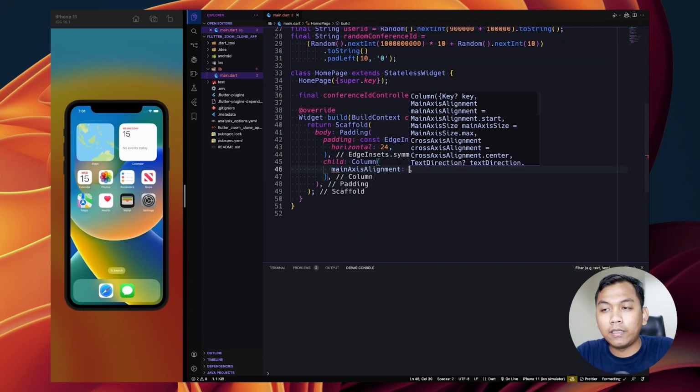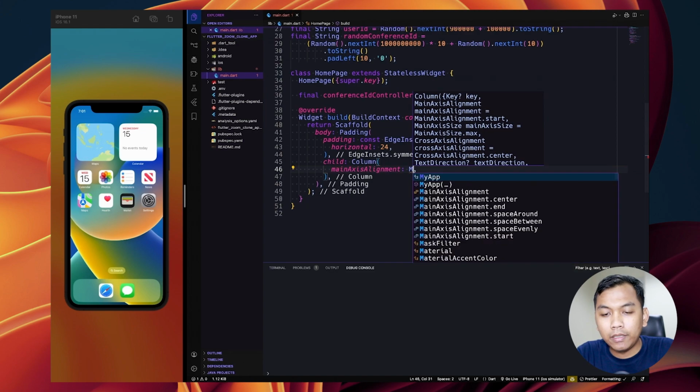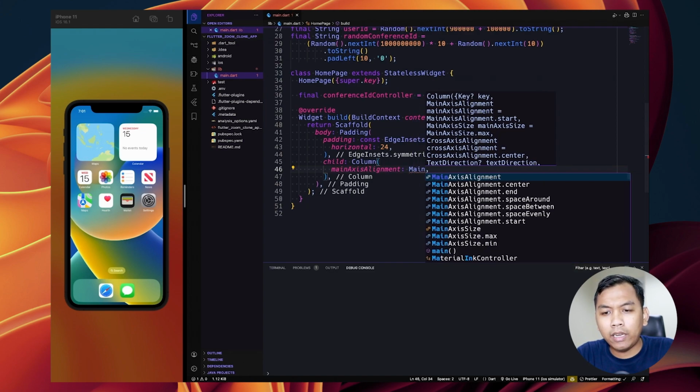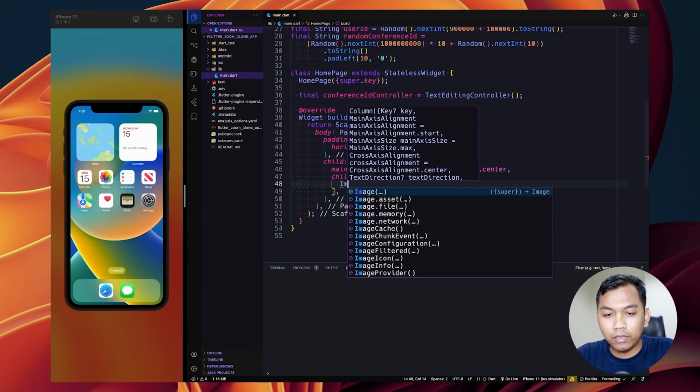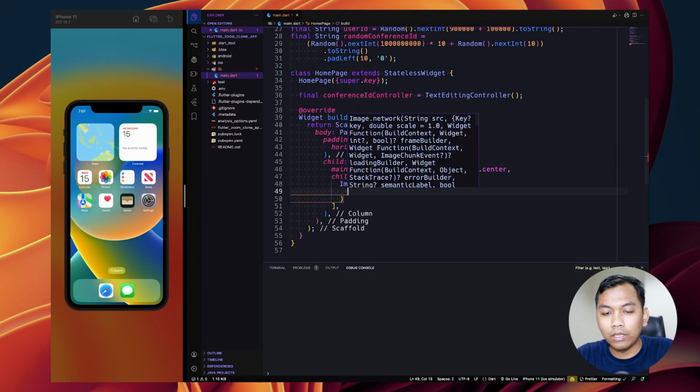The first parameter will be mainAxisAlignment, and we want to set mainAxisAlignment to center. Then children, and the first child will be Image.network.